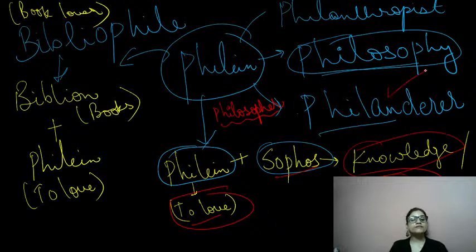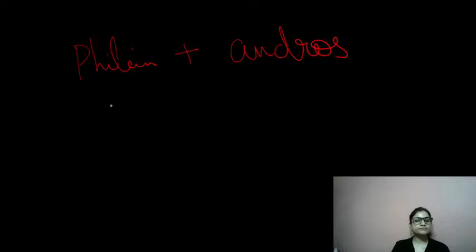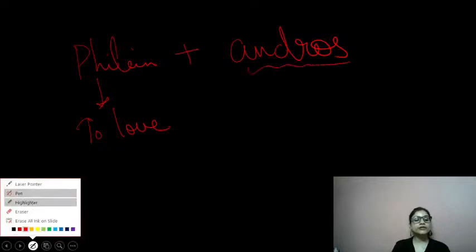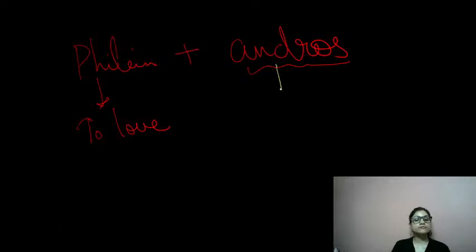Now the word which is left is philanderer. Let me just share a story for this word philanderer. This is also an interesting word. How will this word come? This comes from philein plus andros. Philein means to love. What is andros? Can anybody help me out with this word, guys? What is andros? What will andros be? Andros is males,